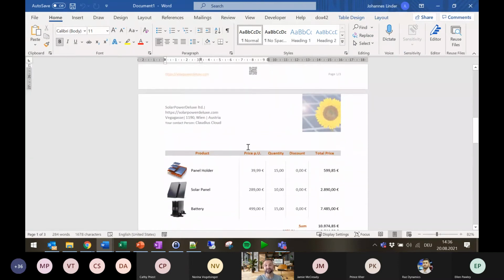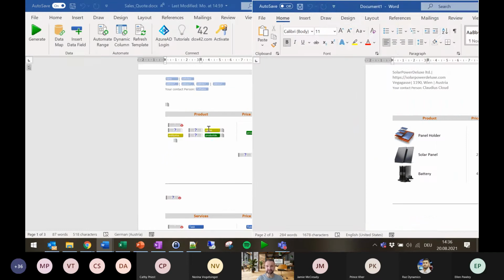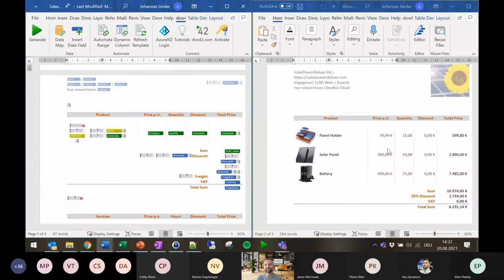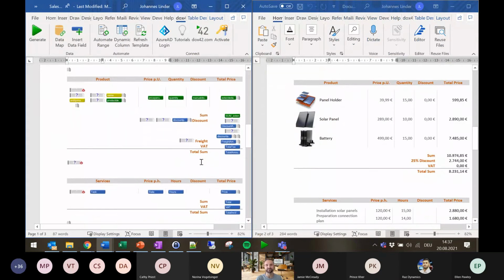Very familiar document with, again, the repeated tables. And if we, again, move them side by side, we will see basically that's the template format to it, and that's the output, as we see with the repetitions there. Cool. So much for the quote scenario, as well as for the quote design.